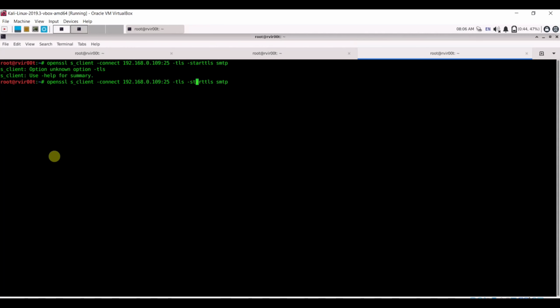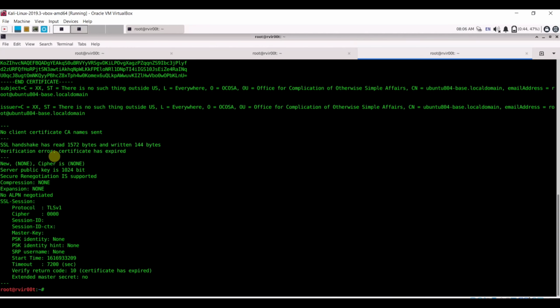For TLS you have to mention like tls1, so this is 1.0, 1.1, 1.2. This is how you can get information like certificate details and other information. Here you can see all this information like server certificates, and you can also check for the negotiation.